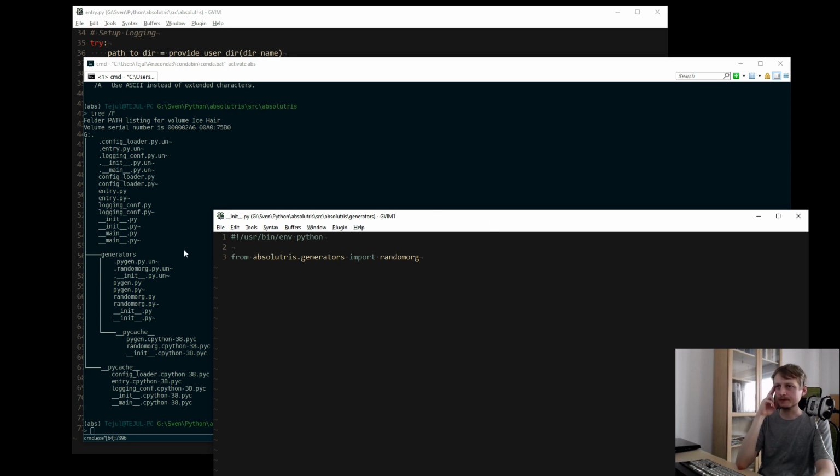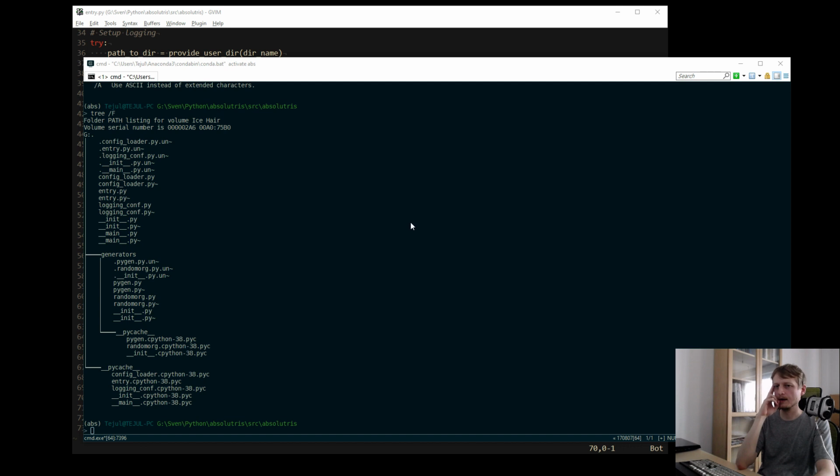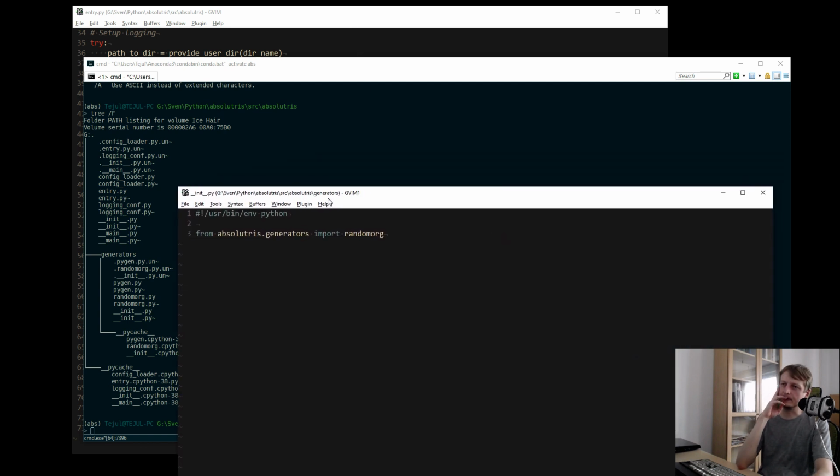So basically the generators should behave like a Python module by having this input, and it only knows a random org. Maybe I need to say from absolutris random org import everything, right?